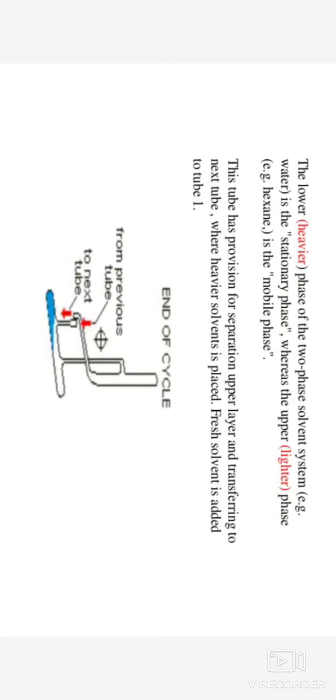Finally, concentrated extract comes out at one end and the marc falls out from the other end of the extractor. In this extractor, the plant material is transported by a screw through a tube and mixed with the solvent, which is pumped in the opposite direction. This method is efficient with no risk from high temperature. The disadvantage of this method is that it is time consuming. Okay.